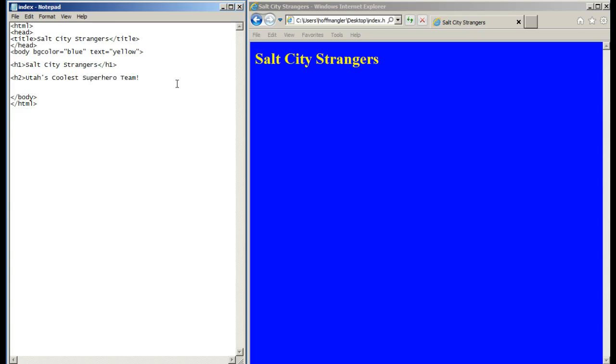Exclamation point. Oops, closing the tag. So now we've opened the H2 tag, put in our header, and then we closed the tag. So if we Control S again and then refresh, now you can see this header is just a little bit